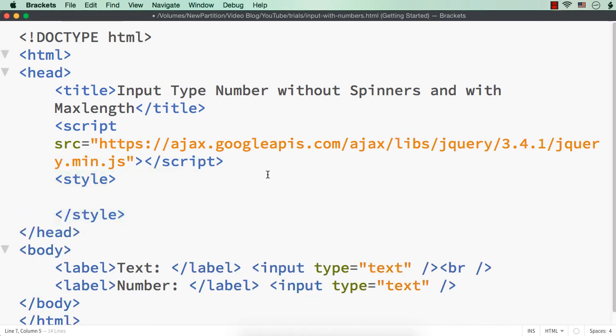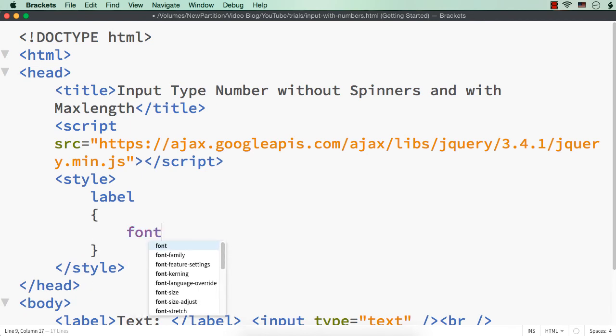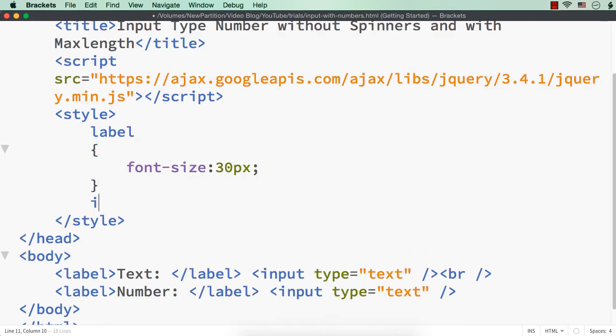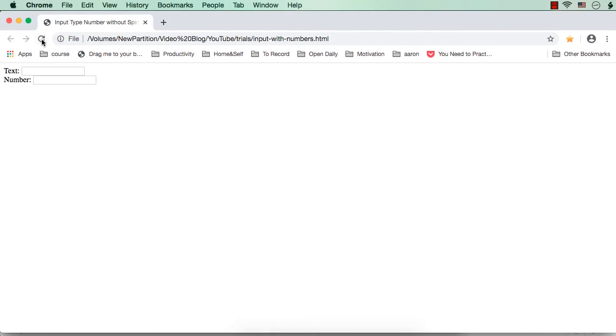Okay, so here let me specify label, and for that let me set the font size to be say 30px, and also for the input elements let me set the same font size. So let me put a comma and specify input here, and also let me have a margin of say 10px. Now let me save this, refresh.